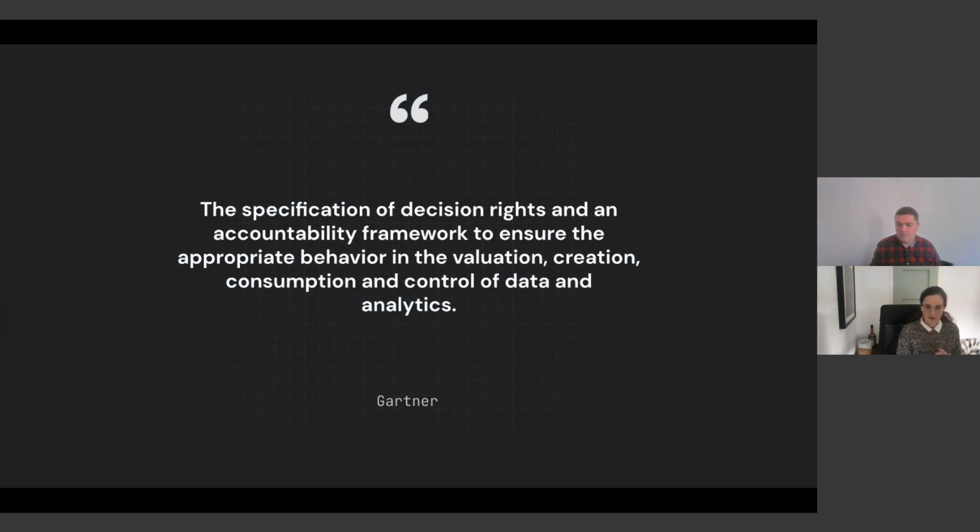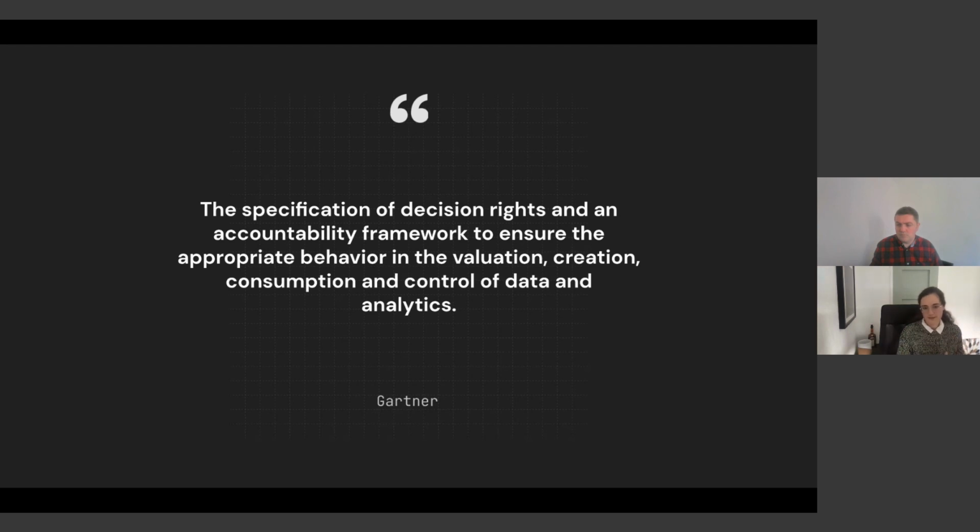This is a definition of data governance from a data analytics perspective from Gartner. It says it's the specification of decision rights and an accountability framework to ensure appropriate behavior in the valuation, creation, and consumption and control of data analytics. So a very true definition of data governance if there ever existed, and it's completely accurate, and I do agree with it. The problem with, I suppose,